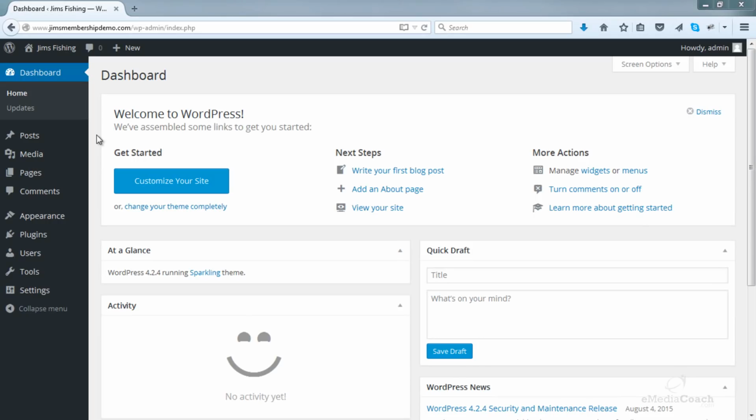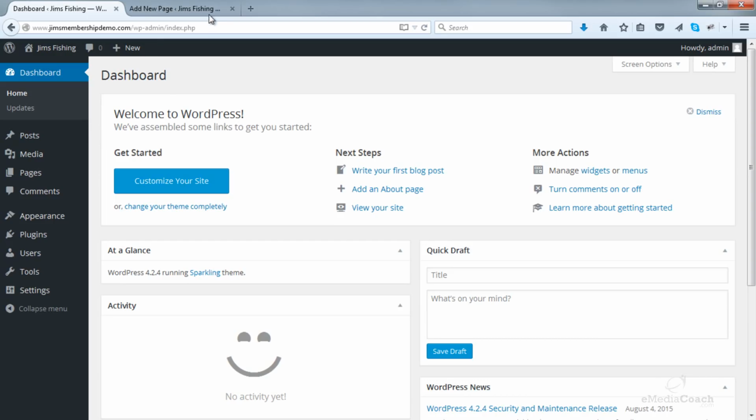Now, before diving into the membership side of things, I will give you a brief introduction into posts and pages and the differences between them. So let's start with pages. If I add a new page, now pages are best used for things such as a contact page or a frequently asked questions page, whereas posts are best used for actual posts or articles that you put on your website.